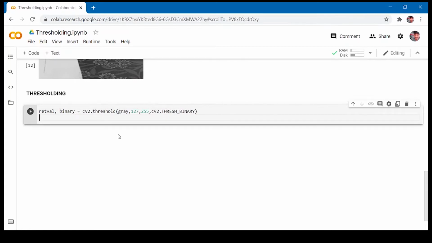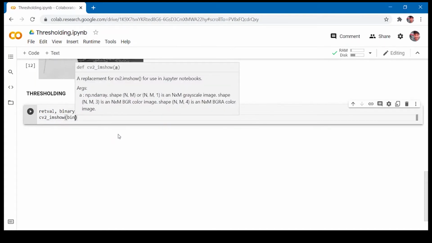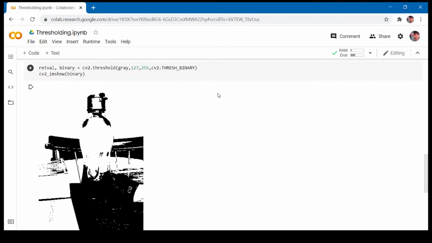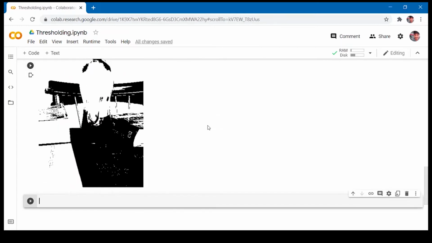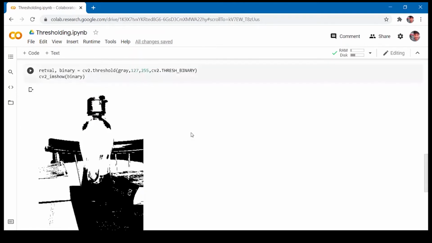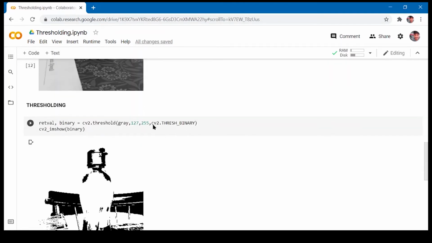Now let us try to display this binarized image. Unfortunately, the global threshold value 127 does not work for our image. So we need to have another method to calculate the threshold value accurately. So to calculate that threshold value automatically, we have two binarization techniques called Otsu's binarization and triangle method. To use Otsu's binarization method, we just have to pass an additional flag in the type of binarization.